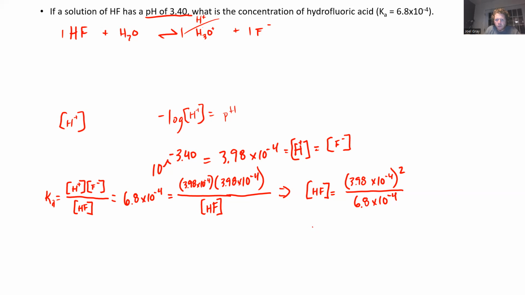And what I get is HF is equal to 2.33 times 10 to the negative fourth. And that is my, that's going to be my concentration of my